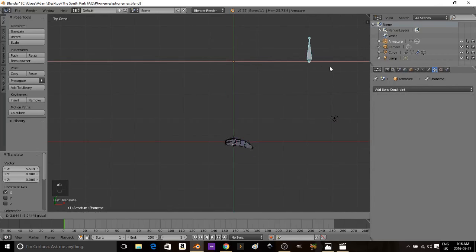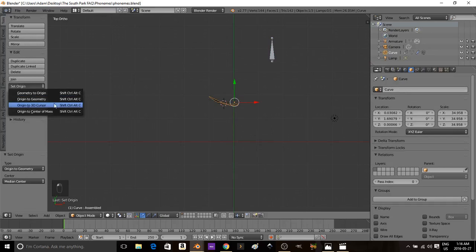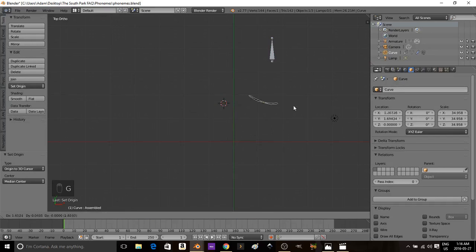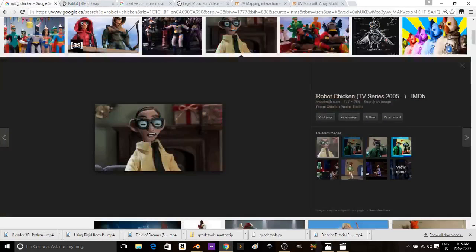So what we have here is a finished product. I mean, you could take this project here. Let's grab it. I'm going to set the origin to the geometry. There you go. And no, that's a lie. I'm going to set it to 3D cursor. All right, and I could take this and I can put it in front of one of my characters, or I can even do something like this. I can put it on top of a 3D model,